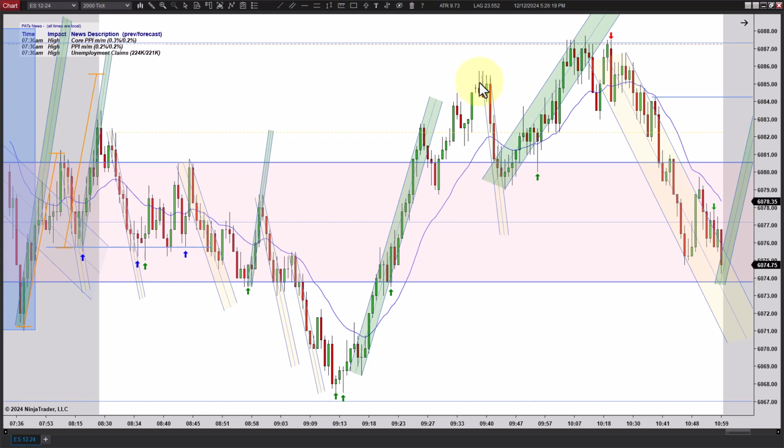And that's not a second entry because we don't have a new swing low here. The previous one's way down here. So it's just part of this original count. Now, you still might go short there, but when it doesn't break lower, that's not a good sign. And you see what happens. It breaks lower there and it comes back. Doesn't stop you out, but you don't know that it won't.